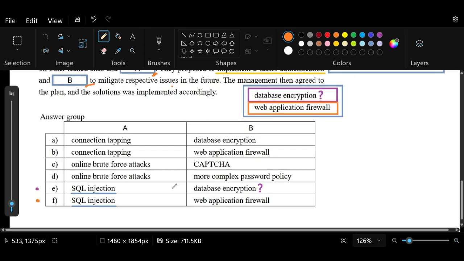Now as for the answer group, I did choose the correct answer for blank A, SQL injection, but with blank B, I ended up going with database encryption. So I didn't get the correct answer because the correct answer is supposed to be letter F. Now the reason why I chose SQL injection is because if I look at the description,